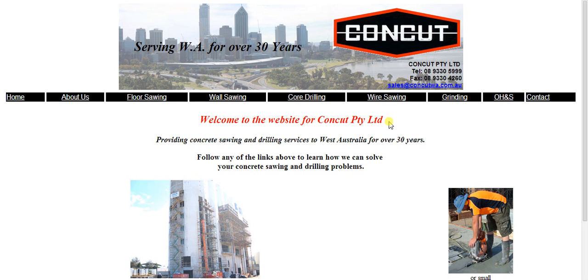You'd have a link for them to click, find out more or something like that, which takes them to another page where they're going to learn more about what you can do for them. Then they're going to become an interested prospect. Then you can have another button on that page, find out